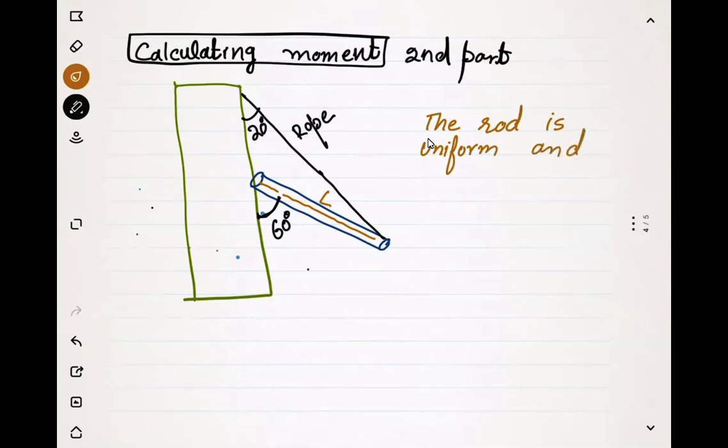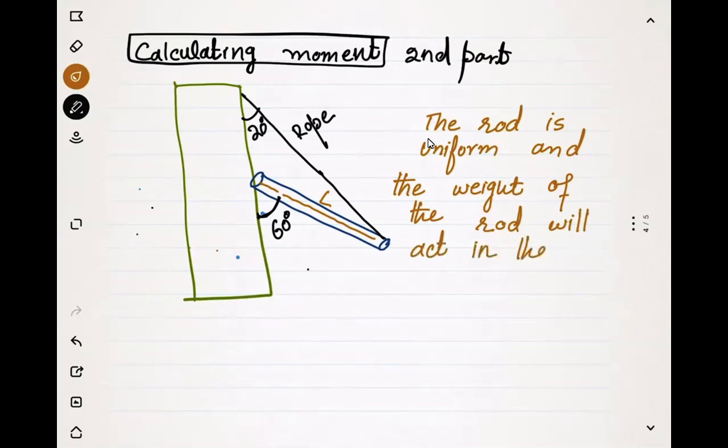The rod is uniform, and the weight of the rod will act in the center. Because the rod is uniform, so the weight of the rod will act in the center. Now the question is that